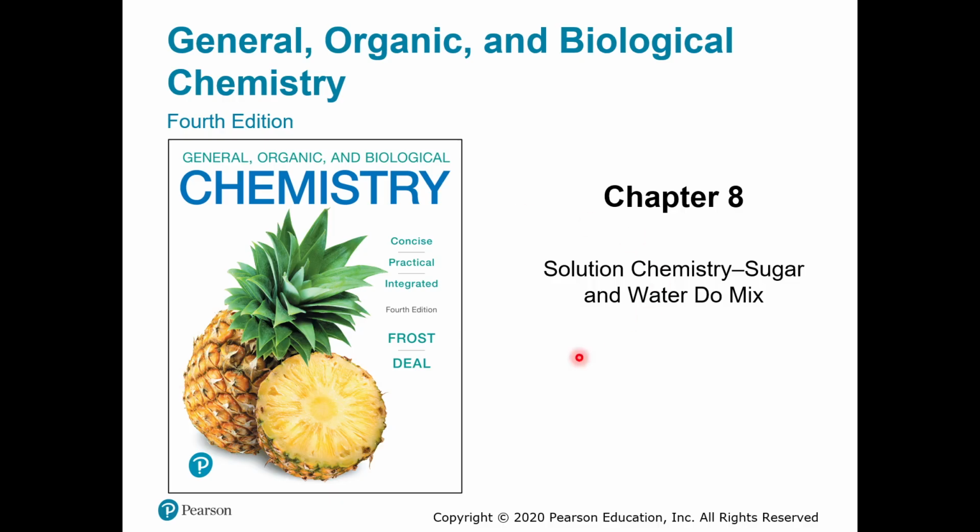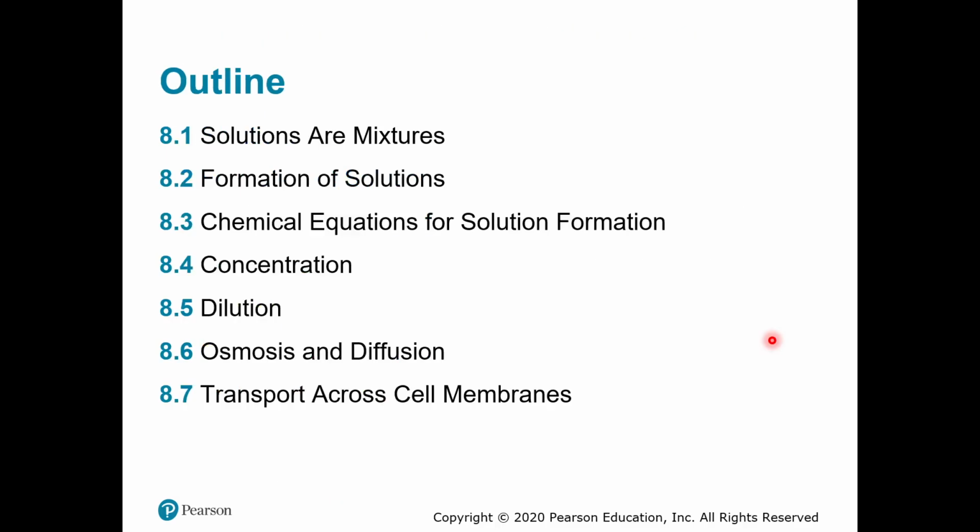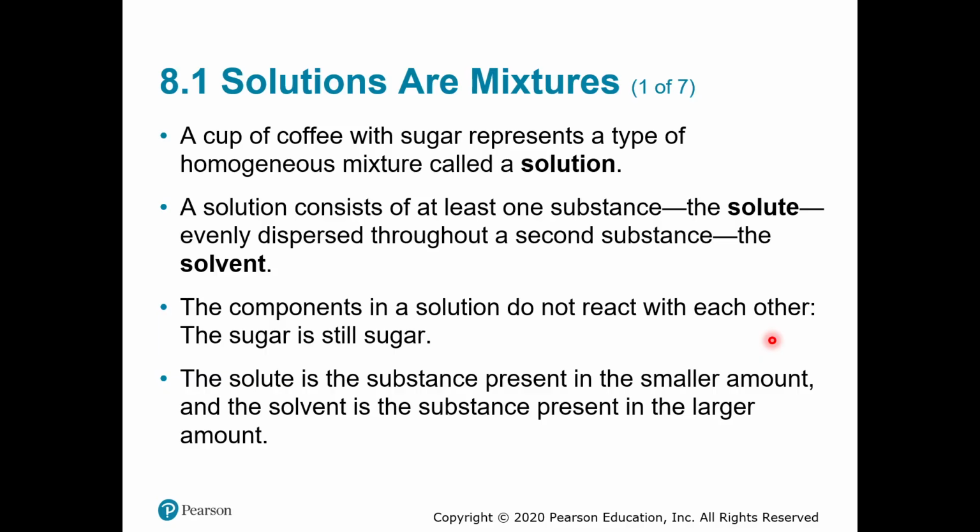Sugars. All right. So we're going to start talking about solution chemistry and, for example, sugar and water, how they mix, how you can tell concentrations, all sorts of details about them. Now, when we look at solutions, solutions are a type of mixture, okay? And so a solution, like a cup of coffee with your sugar in it, is going to be a homogeneous mixture. And those are called typically solutions. So solutions are just a type of homogeneous mixture,